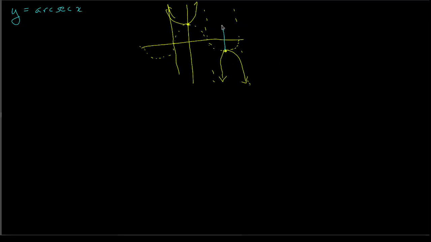So if I cap it here and here, if I go from 0 to pi, I get a complete set of the secant function. And what it's doing is it's going from 1 to negative infinity between 0 and pi over 2. And then from pi over 2 to pi, it's going from negative infinity to 1. So if we try to graph the arcsecant function itself, like I said, this is a harder one for me